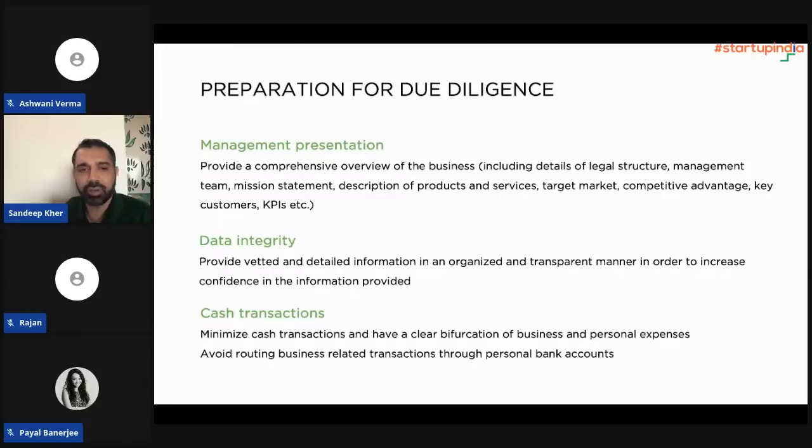I think the other bit is on data integrity. And what I mean by that is, at an early stage, as I was alluding to earlier, people often don't have things which are very tightly stitched. You may have signed contracts, but you may not have invoiced, for example, and you may count that as revenue. But when people come for diligence, they would never include that as revenue, because you may have a signed contract but you never invoiced,